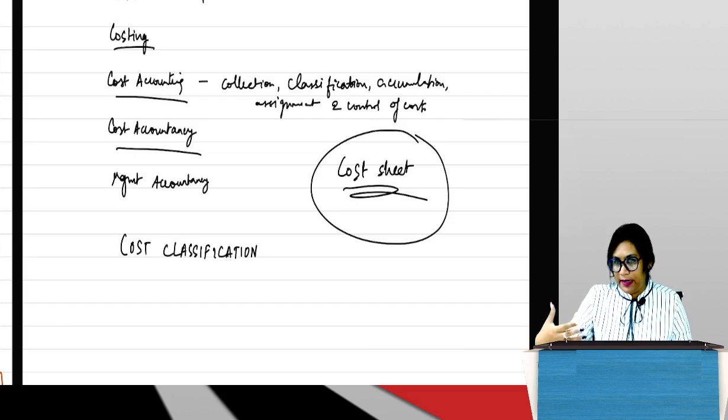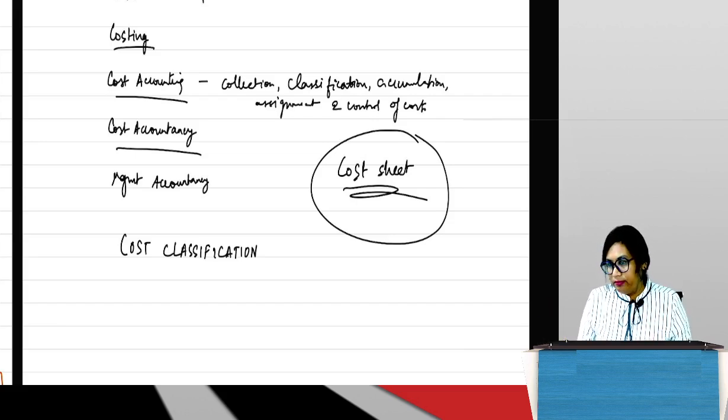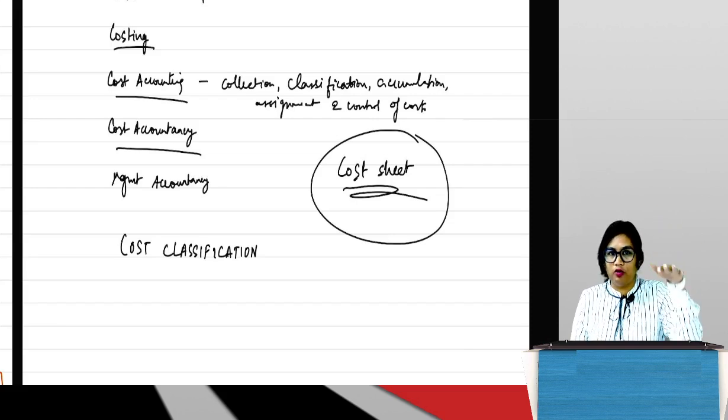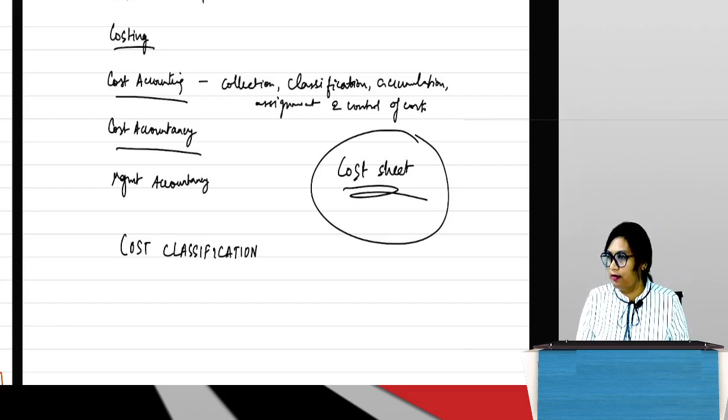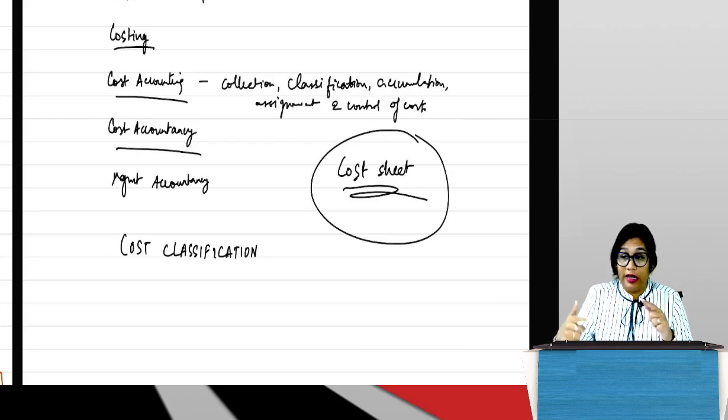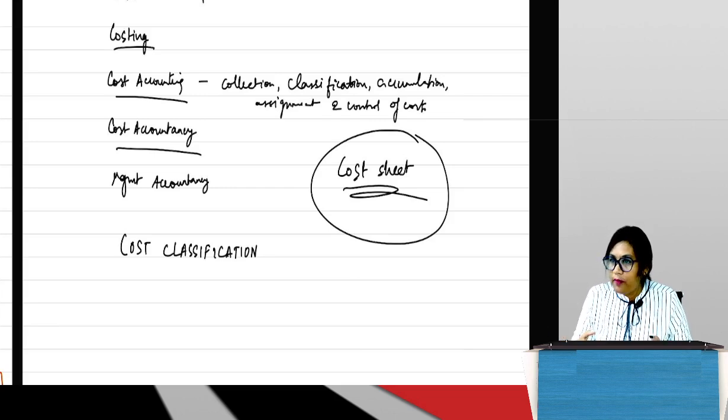Now if need be, I can give you the format. This is the cost sheet. This is 1, 2, 3, 4, 5. Remember this and we are done. Over chapter. Then we can just go to the problems. But that's not how I want you all to study it. I do not want you all to mug up or remember the format. That format should automatically come to you, right?